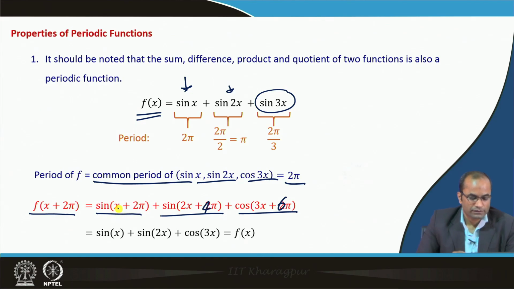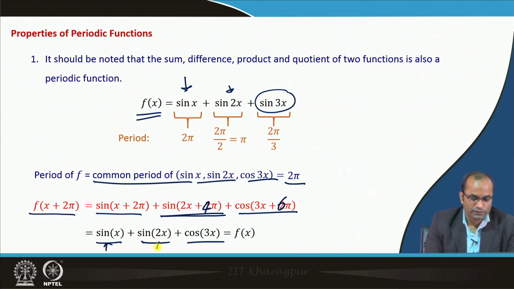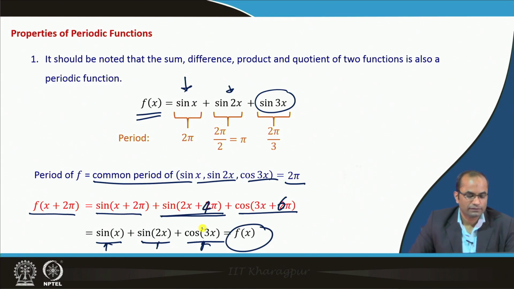Sin of x plus 2 pi is sin x, sin of 2 x plus 4 pi is sin 2 x, and sin of 3 x plus 6 pi is sin 3 x, because all these functions have periods 2 pi, pi or 2 pi by 3. So we again get the same function f x, and therefore this is a periodic function